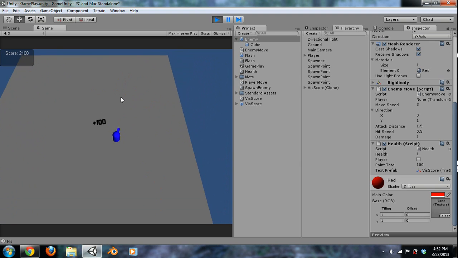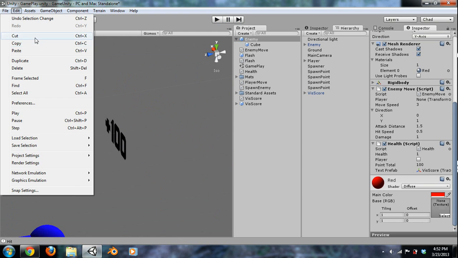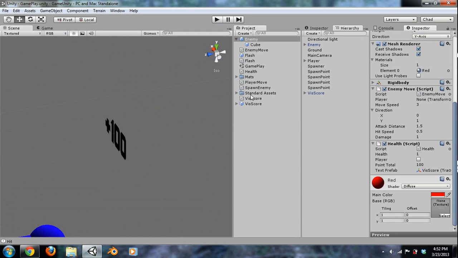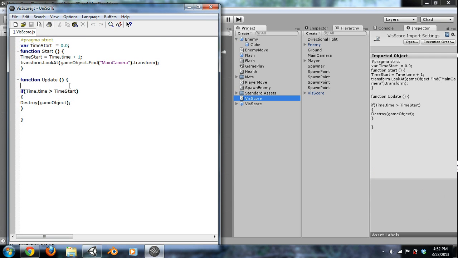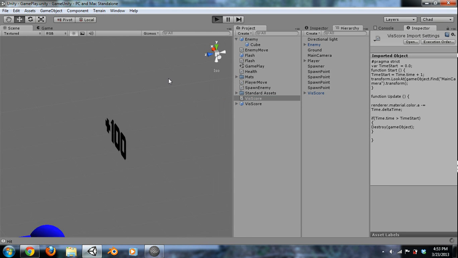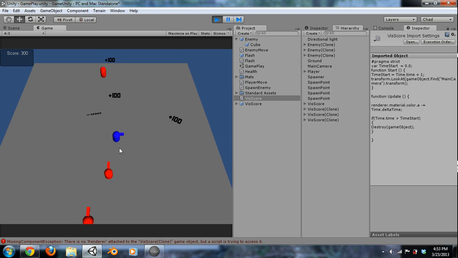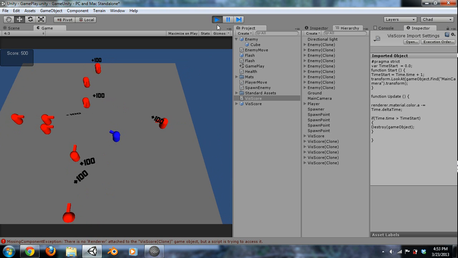Cool, cool. Alright, now instead of having them just disappear right away, let's have them kind of fade out. And how we're going to do that is pretty simple. We're going to do material or render dot material dot color dot alpha minus equals time dot delta time. Alright, so now let's see how fast that fades out. Might be a little too fast, or it might not fade out at all because, well, you know,